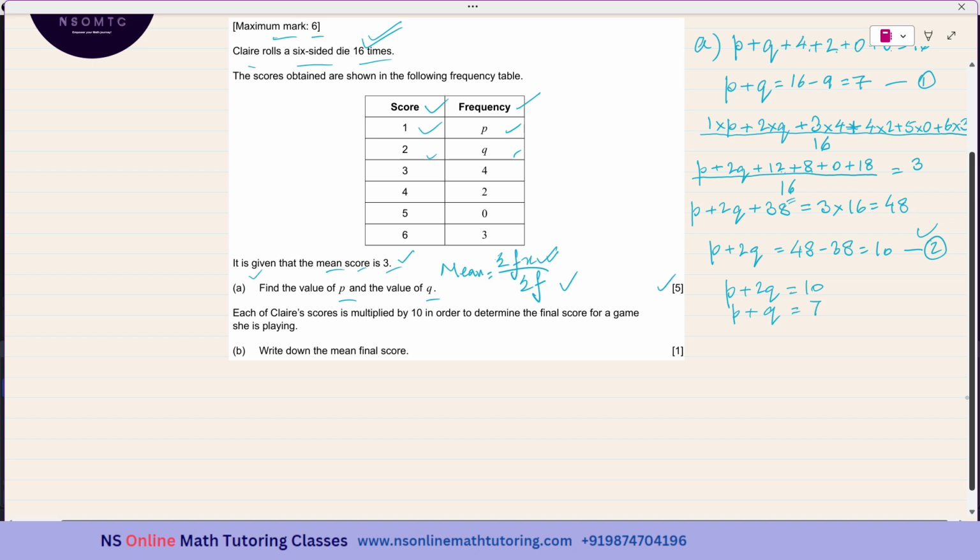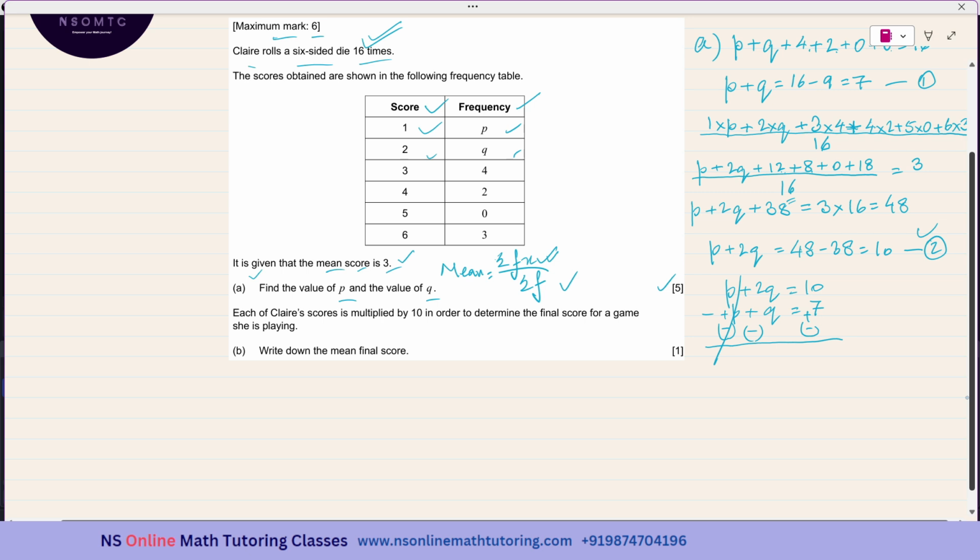Actually, you have to check which one will be faster. In this case, I feel that the elimination method will be faster. So I'm using the elimination method. There are many students who always go for the substitution method. Sometimes it is the lengthy one. You have to check which one will give you the answers faster. Because time is really precious during the examination. And we have to subtract, so the signs will be changing. This is plus.